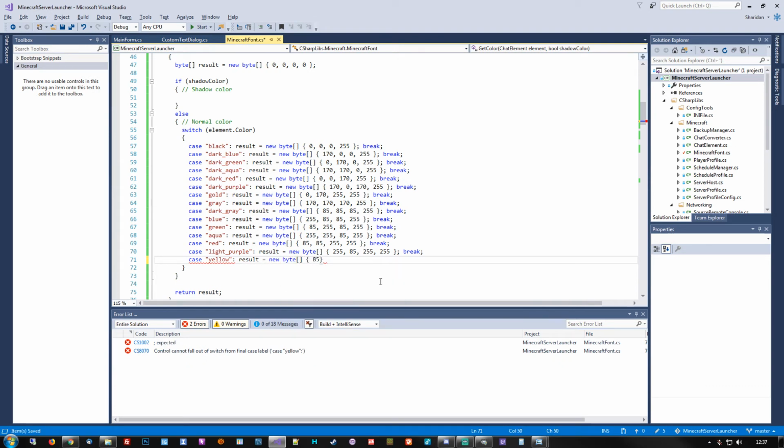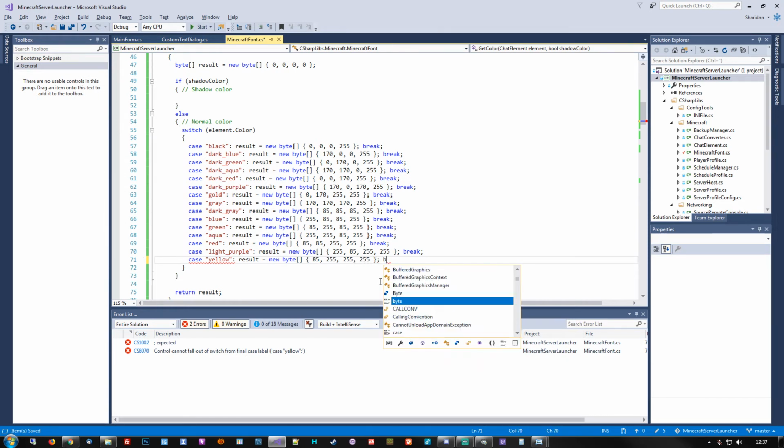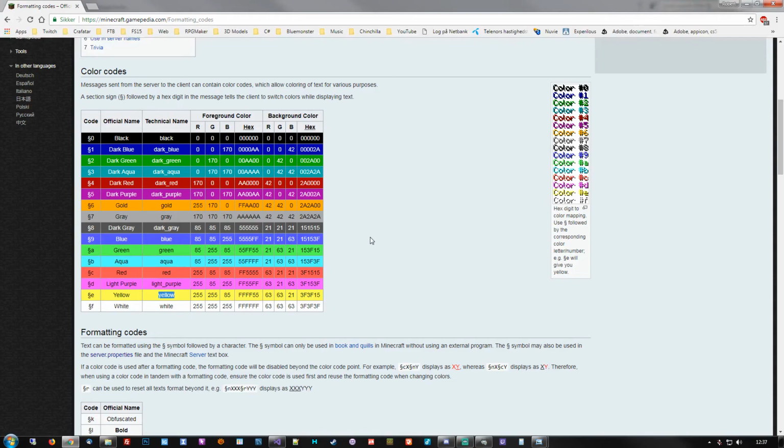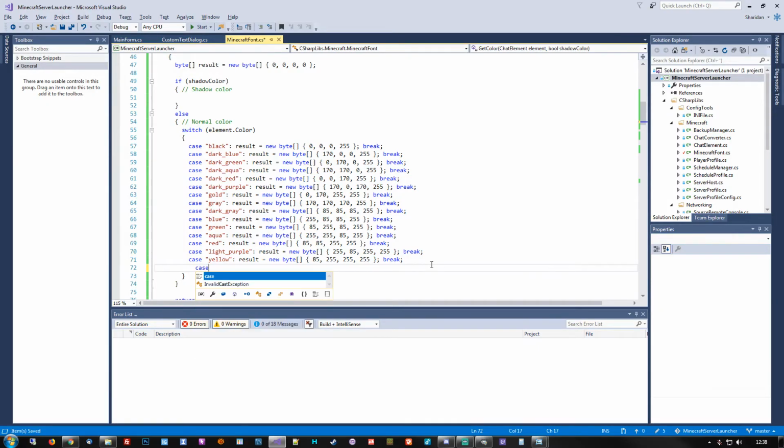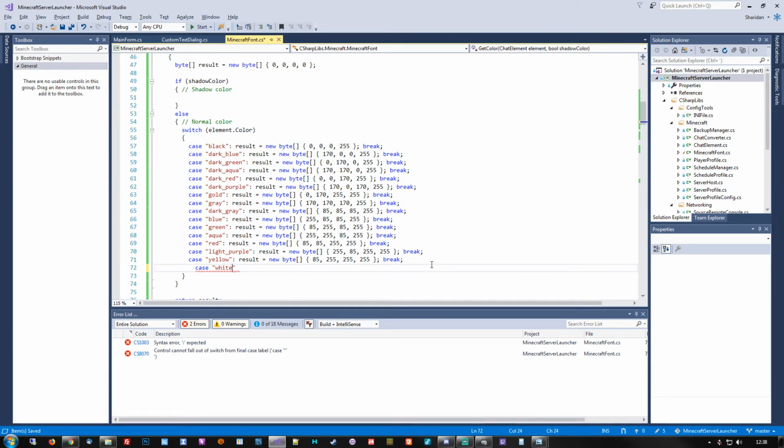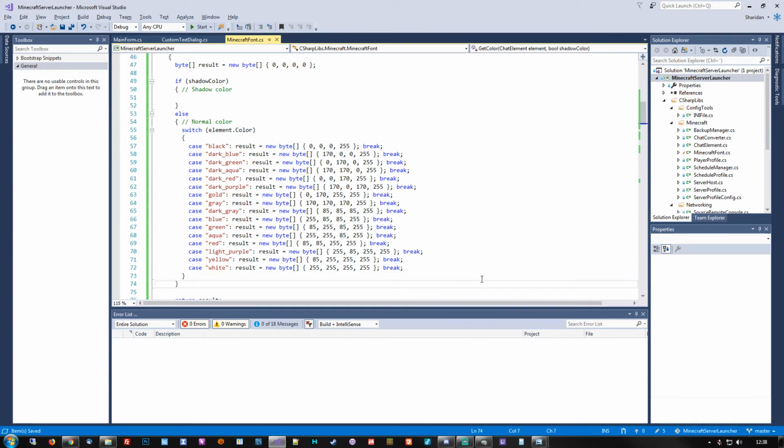So for a yellow, we don't need the blue, but we do need the green and the red at full strength, and we also need the alpha channel at full strength. There we go. And finally the white, which is of course full strength on all three. So we'll put white in here, result equals new byte, and that of course then becomes 4 bytes of 256. Okay, so this should take care of handling